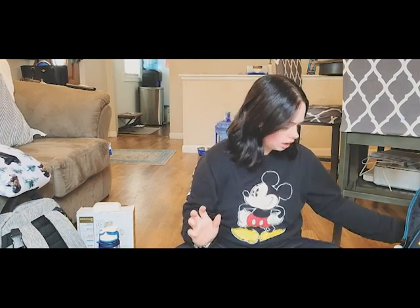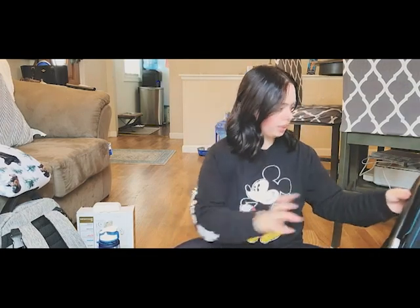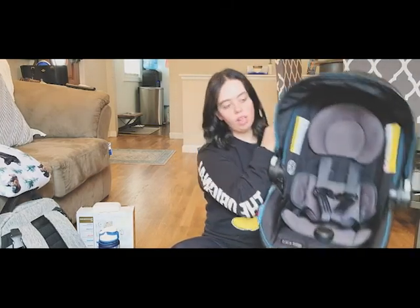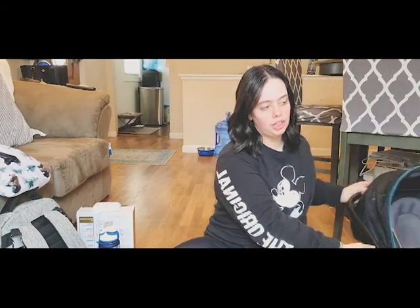So we ended up buying, I think it's the Graco Snug Ride car seat. And we just bought the car seat. I didn't buy the travel system. I just bought a stroller to click that into, because I initially didn't think that I would need one, but I'm the one that does all the grocery shopping and stuff like that. So it's nice to have something to put him in instead of a grocery cart, because he does not like